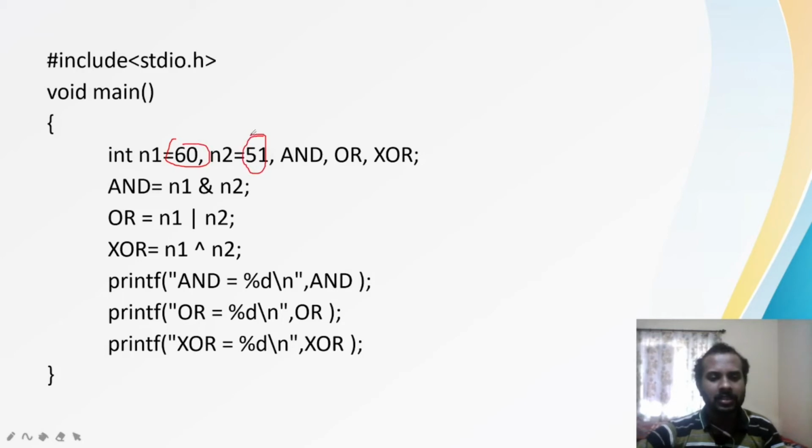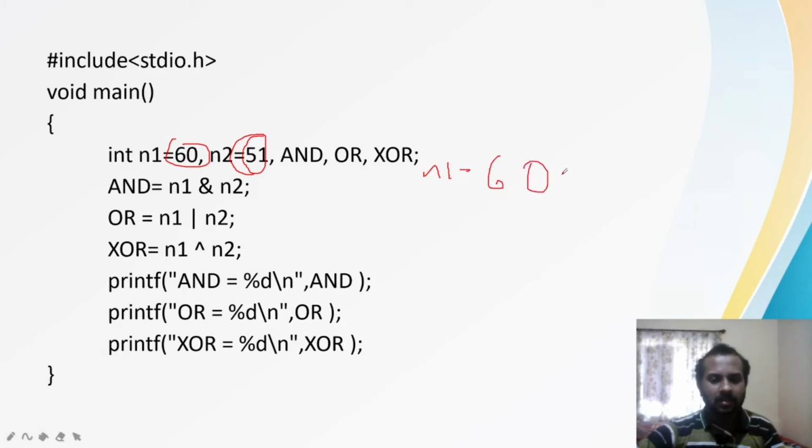Don't initialize the value here only, because if I am not wrong, it will create some errors. I have the initialization and the declaration on one side and only the declaration in the other part. So what you can do here is only have the declaration in this line, and in the next line you can write N1 is equal to